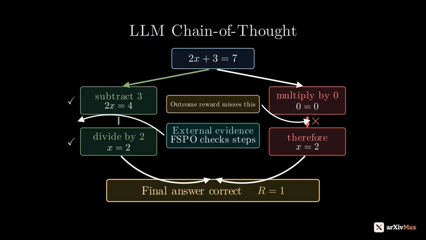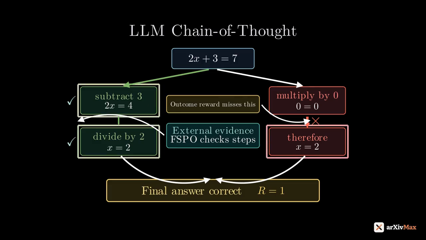We will walk through the evidence, the theoretical reasons involving gradient variance, exploration pressure, and local traps, and then a modified algorithm called FSPO that checks each reasoning step against external evidence to reduce the trade-off. By the end, you will understand the core design pattern for rewarding factual steps rather than just final correctness.